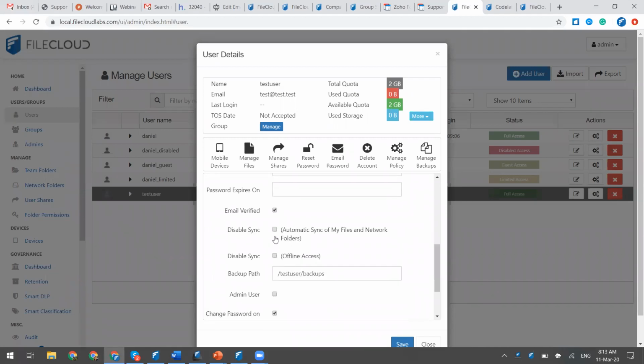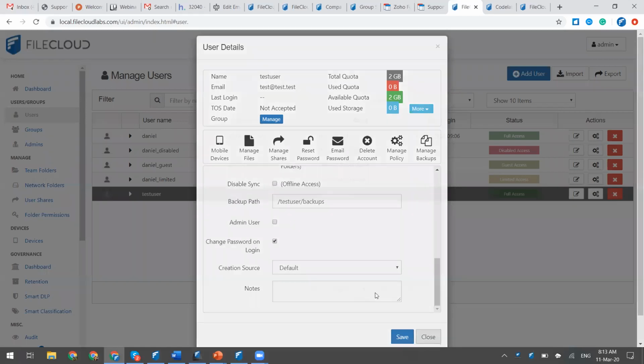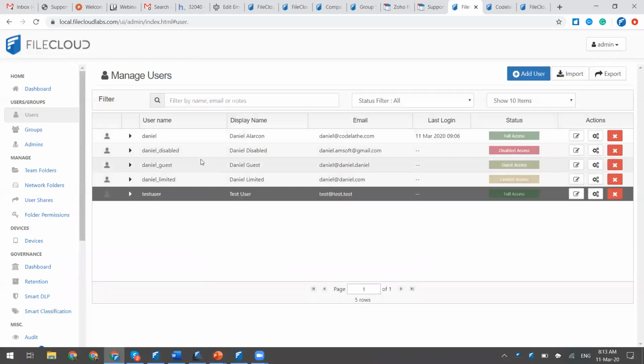You can disable sync individually by user. So even if you give access to all these full accounts and you want specific users not to have sync available on their computers or on their mobile devices, because you don't want the files to be sitting on their machines, you can disable that manually here. You can disable it in general for network folders or in general for all storage types, okay? And now that we mentioned storage types, we're going to be checking a little bit about what we mean by storage types. If we go into the web UI